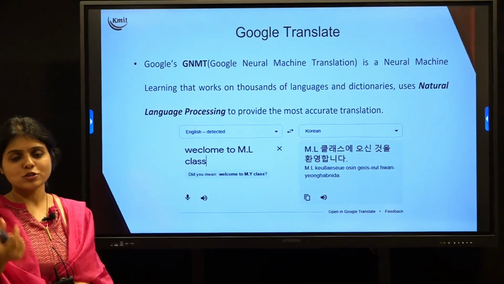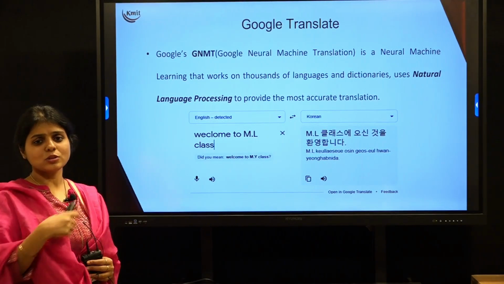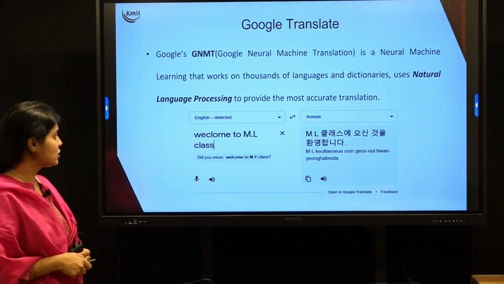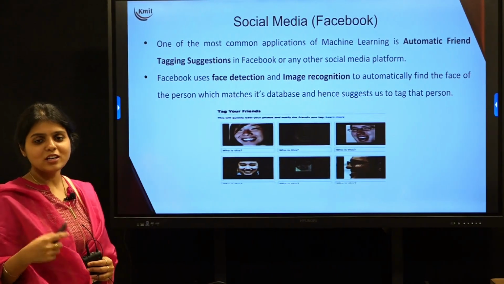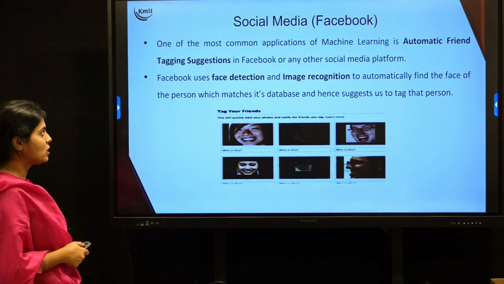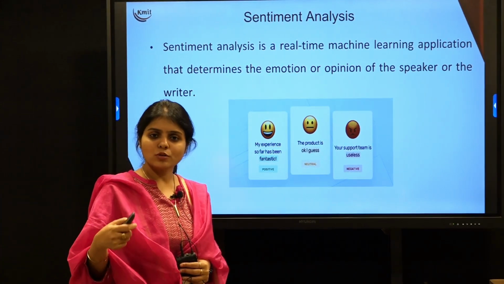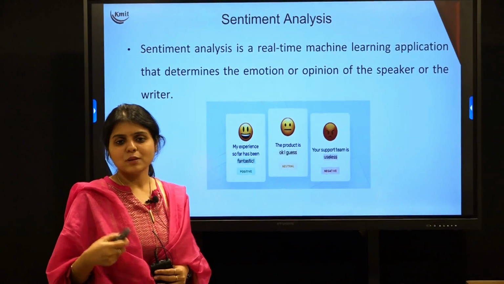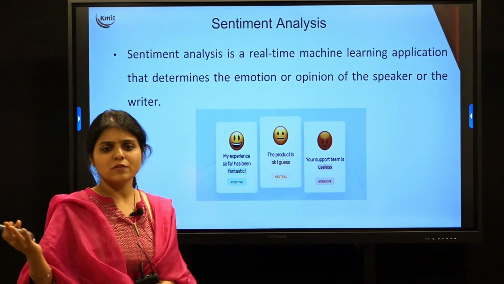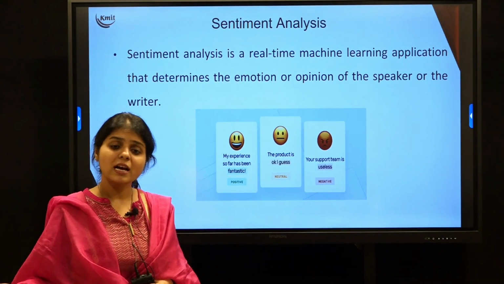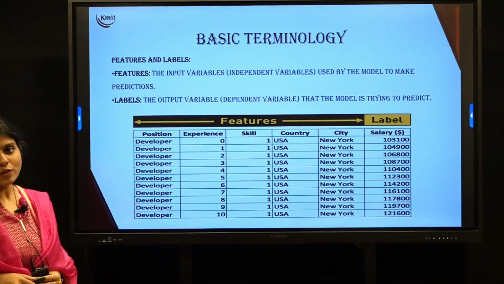It is understanding what I want to do, understanding the data in the input which is in English, and converting it from the source language to the destination language. And then social media: face tagging suggestions, people you may know. All these suggestions are machine learning models. Sentiment analysis: we give product reviews on various e-commerce websites once we shop, and depending upon the reviews, the review would be classified into positive, negative, or neutral. Based on that the products would be organized, and our next search history depends on that. So this is another important application of machine learning.